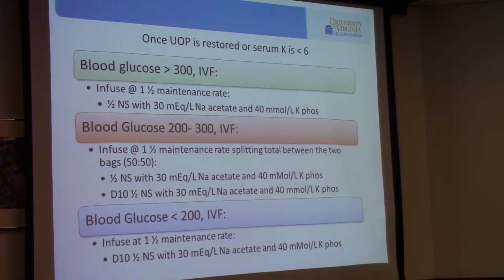So a little bit not so clear. We restrict them initially by giving them 10 per kilo. Then we start their insulin, and then we say, oh, let's run them at 1.5 maintenance. So that doesn't make a lot of sense, but it does when you think about the electrolyte disturbances, and the dehydration is well defined after you get your blood work back. So starting the insulin will fix the pH, hopefully, and the bicarb. The fluids with the additives and the buffered solutions will help control the electrolytes and the rehydration. Okay?